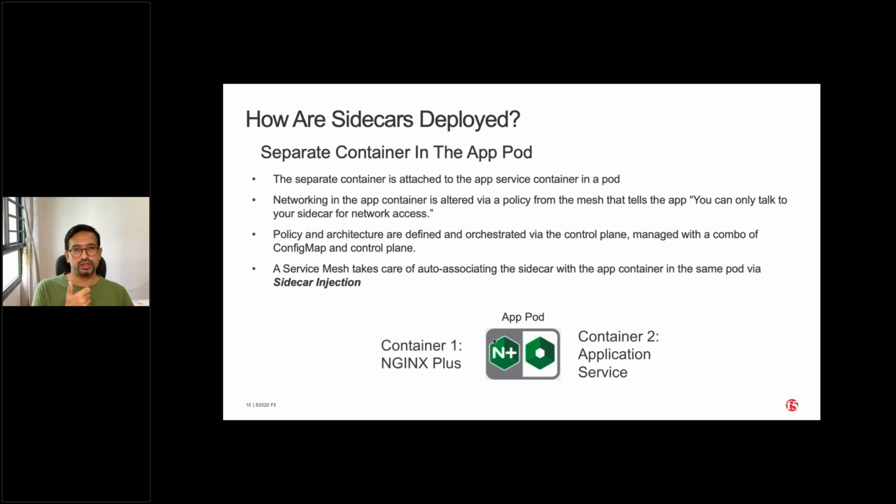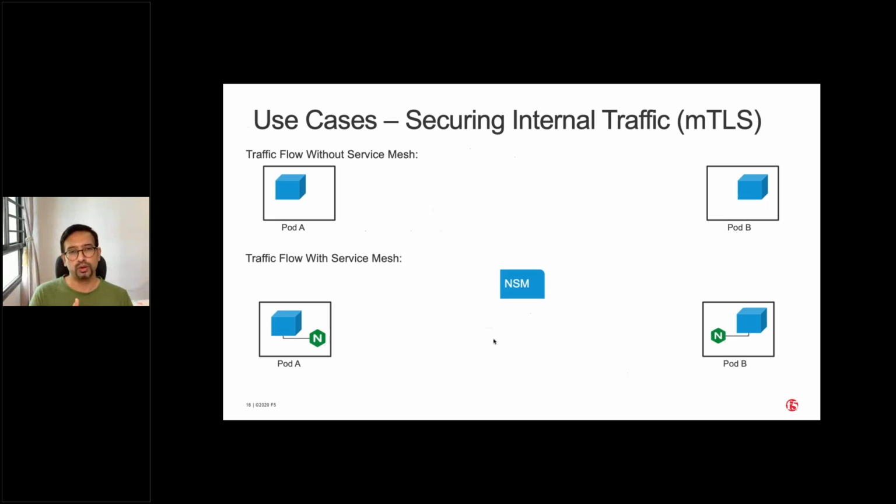Looking at some of the use cases, let's say without a service mesh, how traffic would flow. Let's say you have two pods. Now this pod wants to make a connection to pod B. What happens normally is that all you need is the IP address or the DNS name for this particular pod and you can make a simple connection. Now, this could be an HTTP connection or HTTPS, depending on what pod B expects. There is no control, there's nothing uniform over here, and if it's HTTP, it's all plain traffic that's passing through